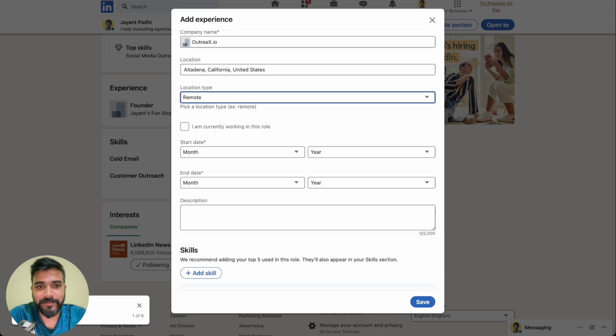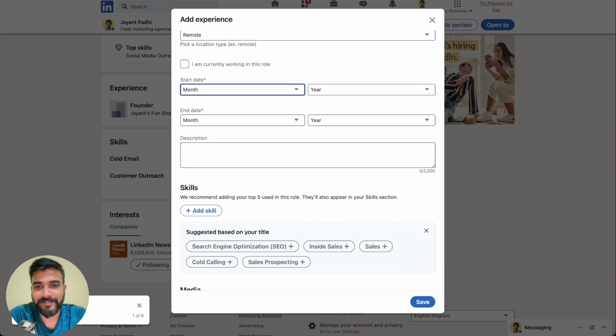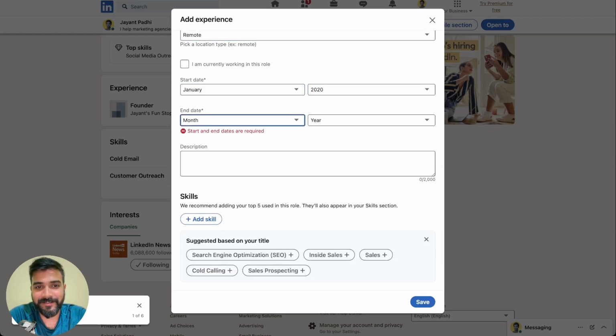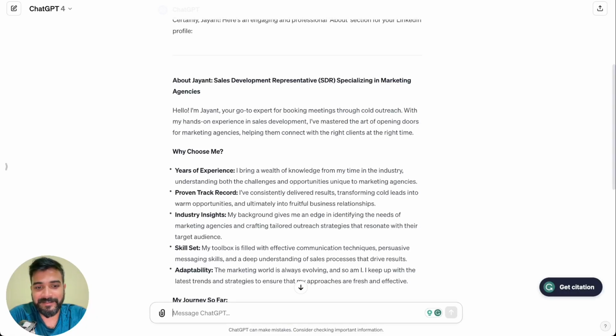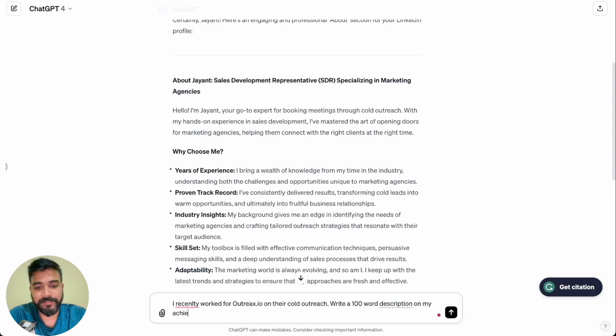Location type, remote. Let's just, this is all fake, honestly. I would like to point that out. Don't do this. You can add a little bit of work experience. I recently worked for Outreach.io on their cold outreach. Write a 100-word description and my achievements. Make some cold outreach